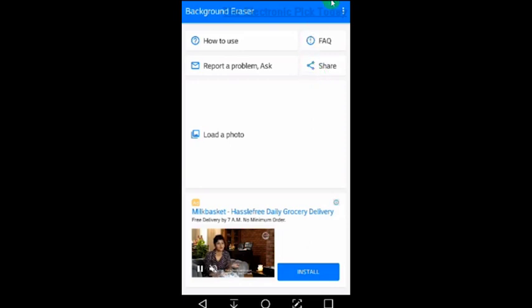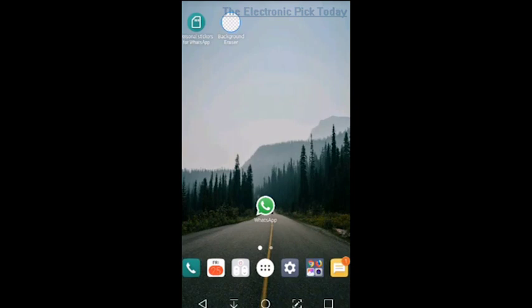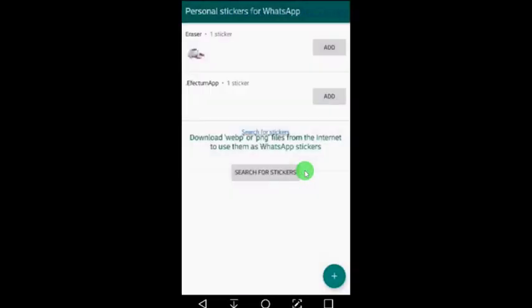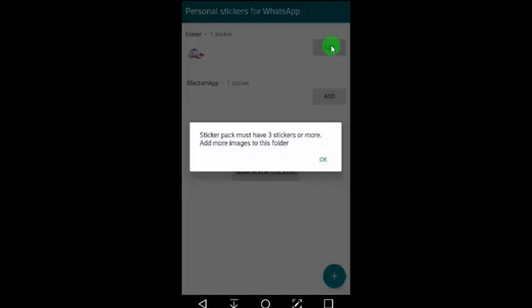So that's the reason why I've explained to you earlier that we need another app here, which is called personal stickers for WhatsApp. It's right here. So you have to again allow the app to access media files on your Android device, and here you can see that as soon as you open it, the image which you edited is already appearing. The sticker pack must have 3 stickers or more, so we need some more stickers there. So it won't allow you to add